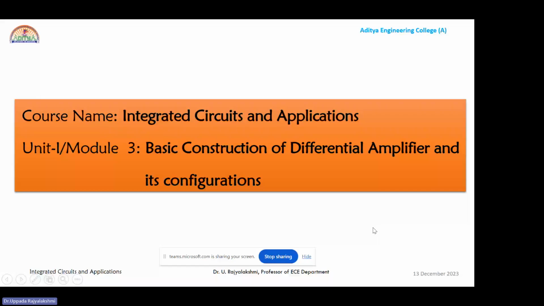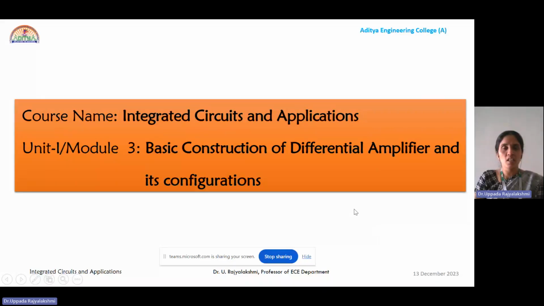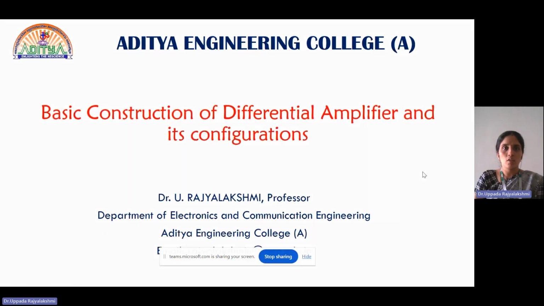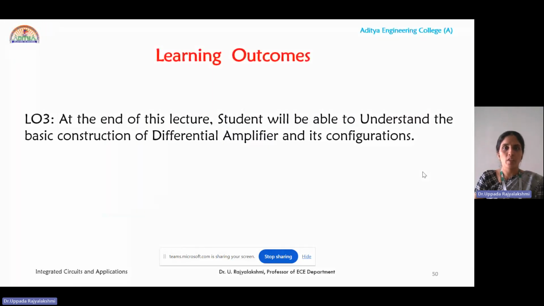Today we are going to discuss module 3 of the course Integrated Circuits and Applications. In this module we will discuss the basic construction of differential amplifier and its configurations. After completion of this lecture, students will be able to understand the construction of differential amplifier by using